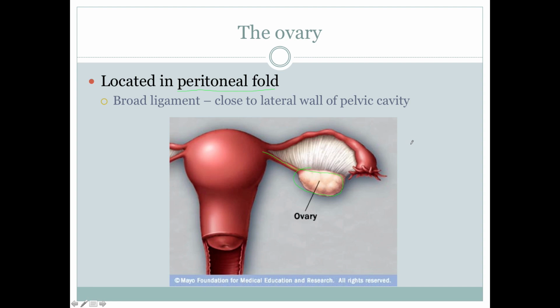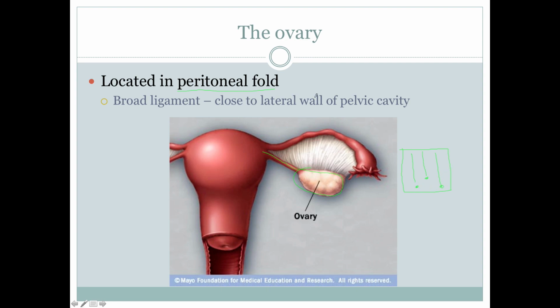And what that means is in gross anatomy, you might have done this. So when you take off the abdomen, so if you took off the rib cage, I know you did that already. But when you take off the abdomen, so if this was like the umbilicus, the belly button, and then you turn it around, so now you're looking at the inner part of the abdomen and not the outside skin, there's a couple different folds that are here. So the fold that's associated with the ovary is called the peritoneal fold. So that's where you'll find it, in one of those folds. Peritoneal fold is where it is.